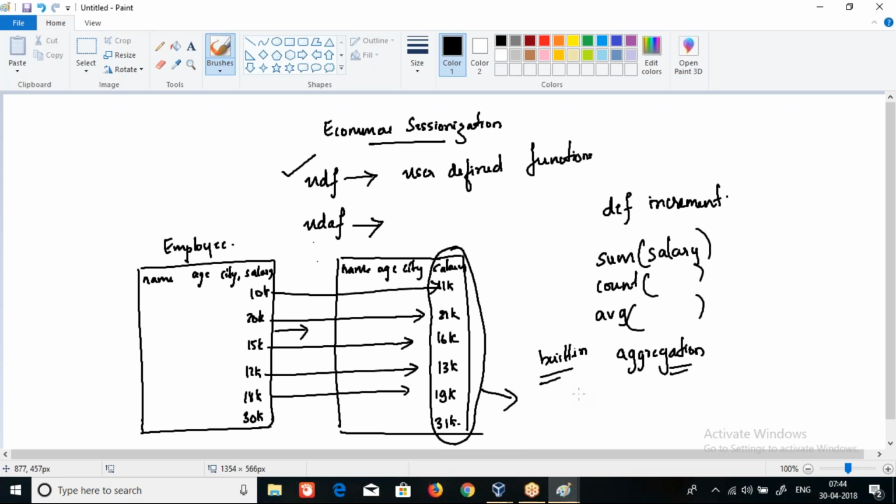They take one whole column, aggregate it and give the result. Usually used with group by functions. Now if I want to do my own aggregation, some kind of aggregation,